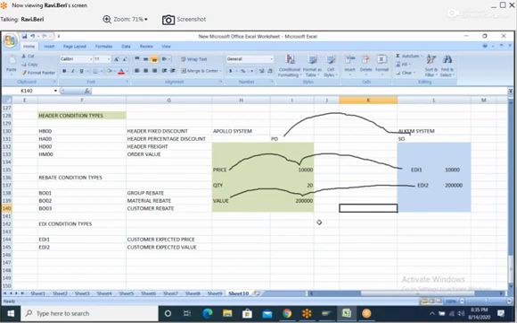And the value in purchase order will be copied into EDI2 condition type.